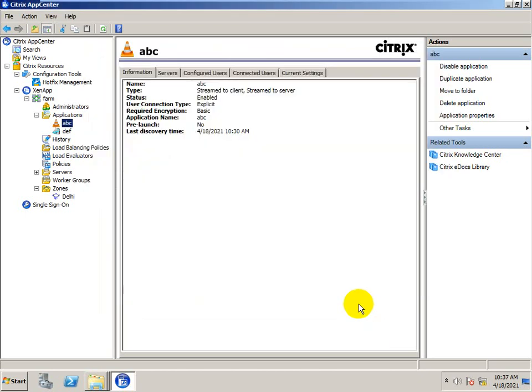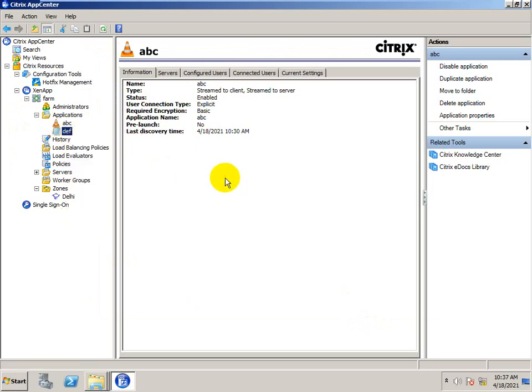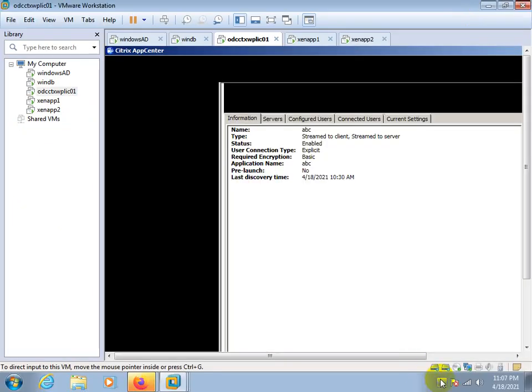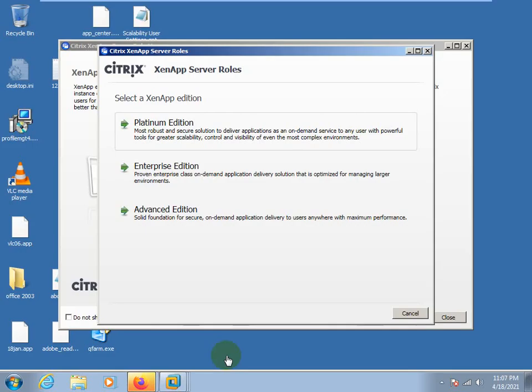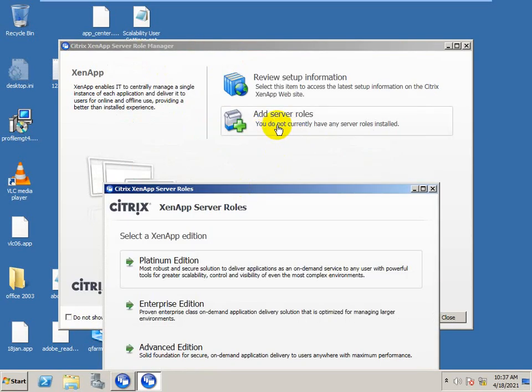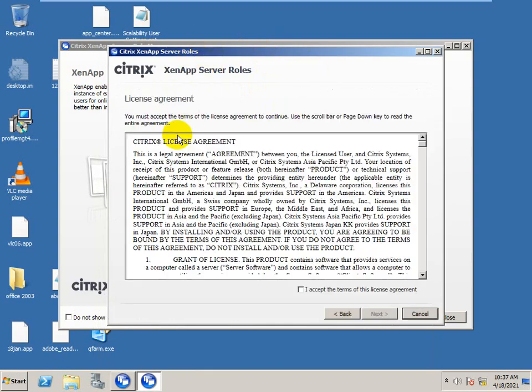Now I'm canceling it. The same thing applies to a normal application. Once I click, I will get options over here. Next, to add a role, I'm adding a role on that server, or making this server a member server. So I'm choosing the Platinum Edition, a fully loaded version.